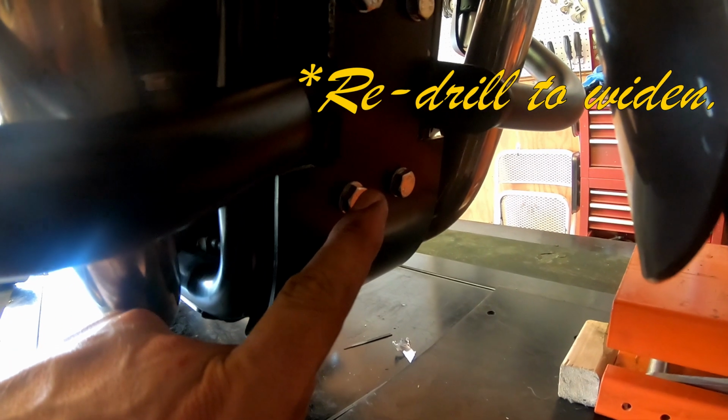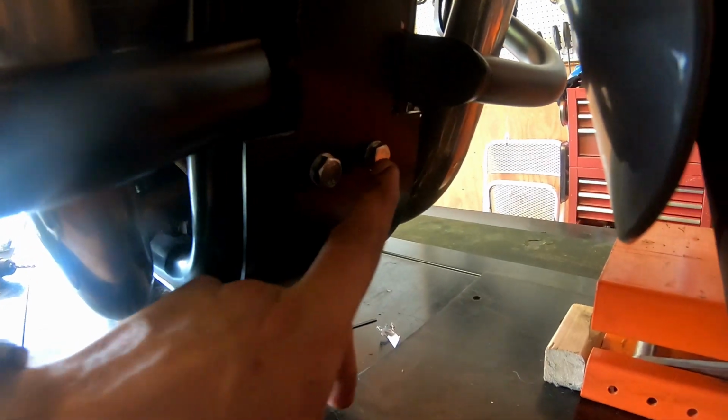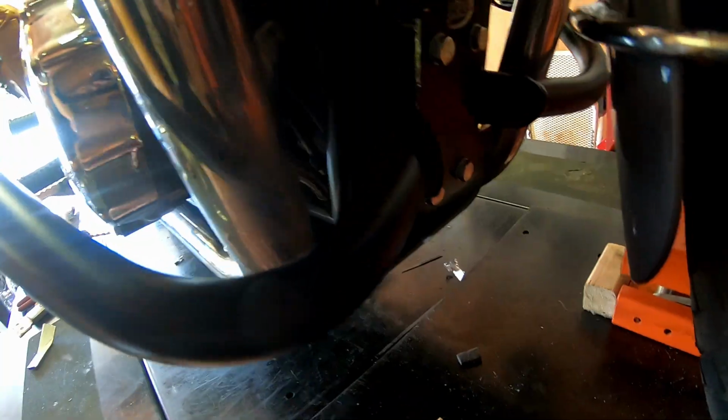We have to remount the 2 bottom holes here. Just make them a size bigger so there's some wiggle room for the bolts. Got those back in. And then